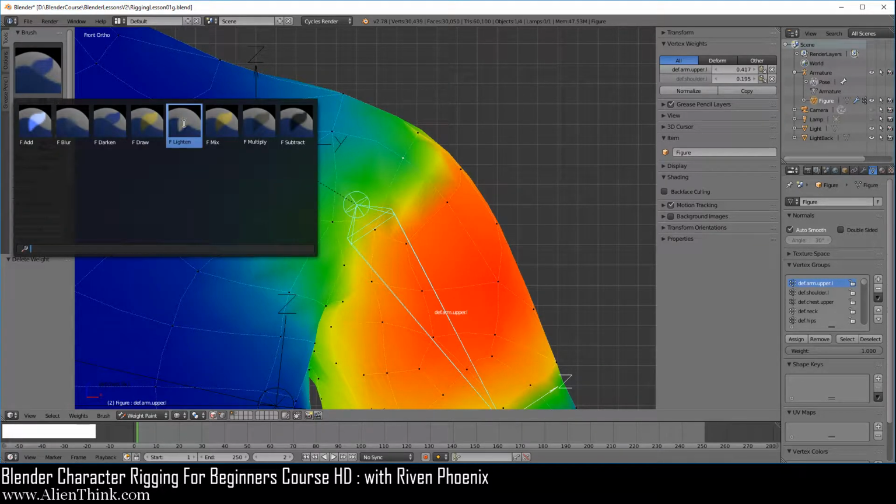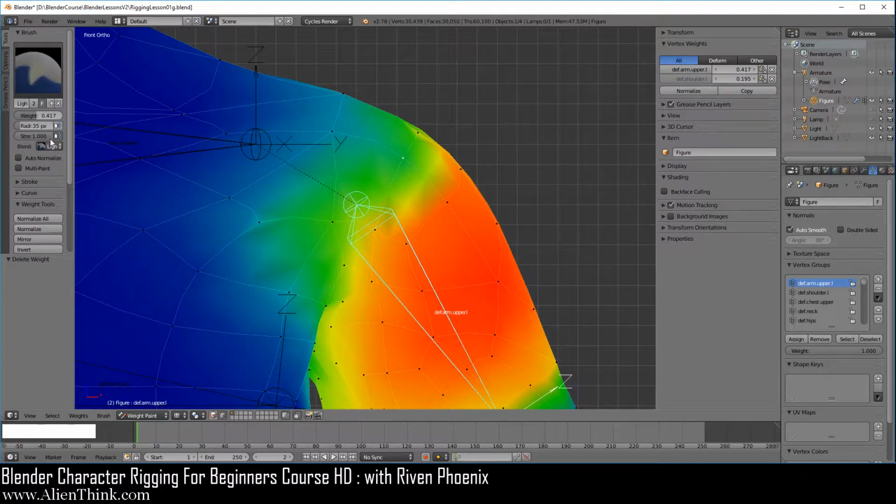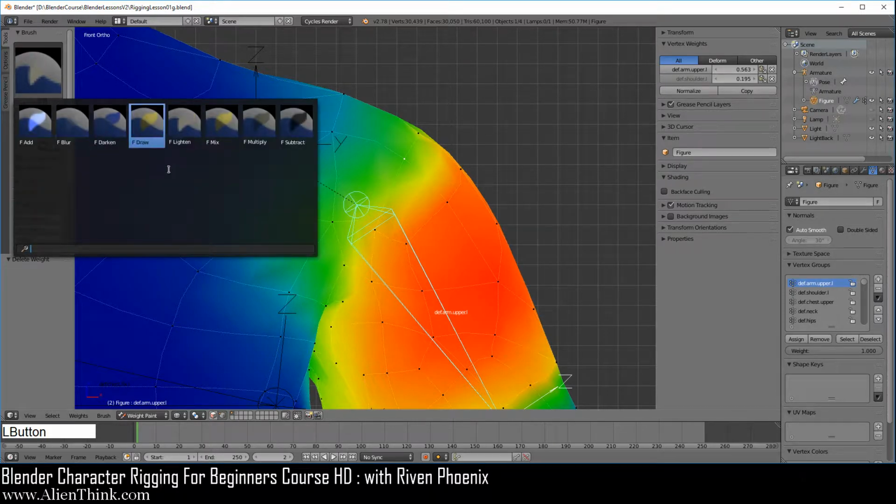So its opposite is lighten. This of course means that if this value is, let's say, 300, this is on 400, and when you click over here, nothing's going to happen. This has to be above this value that's showing over here. So if you change this to 563, it'll start to now change and go to that number. That's how that works, okay? So it's pretty easy to understand both of these.